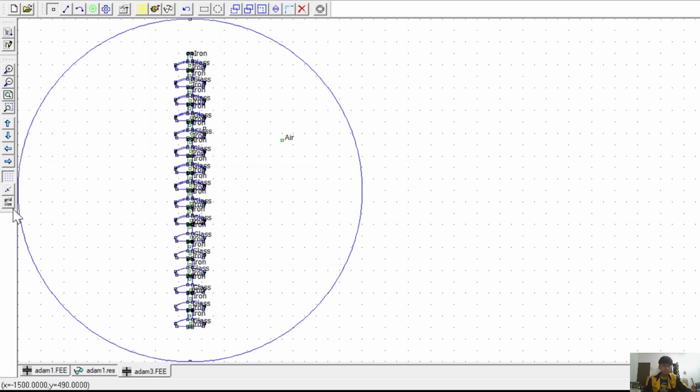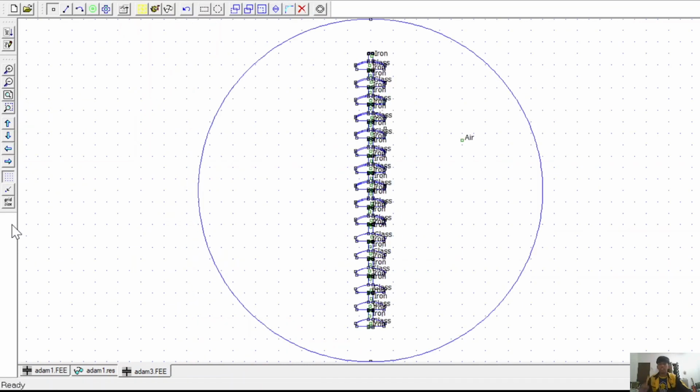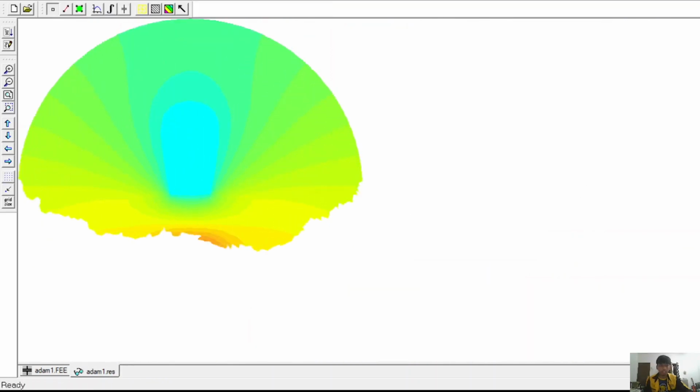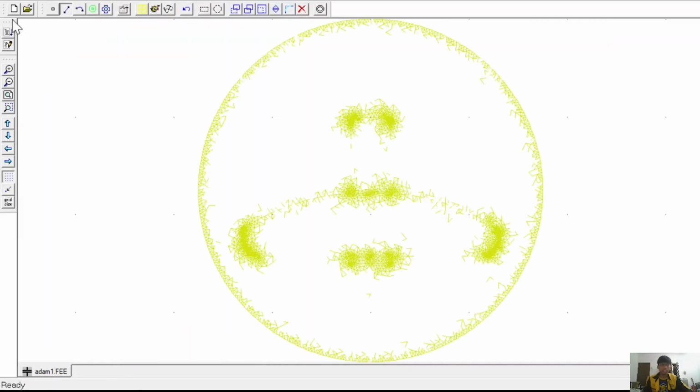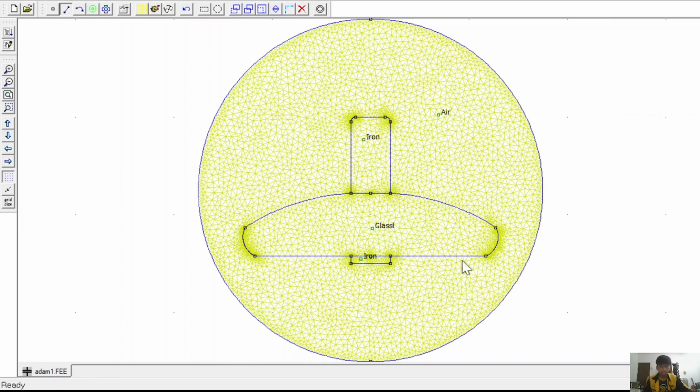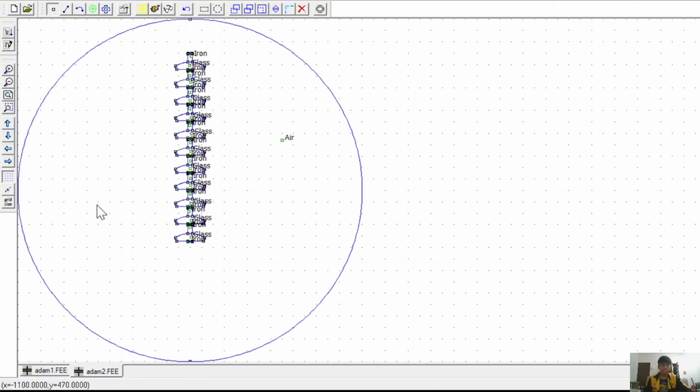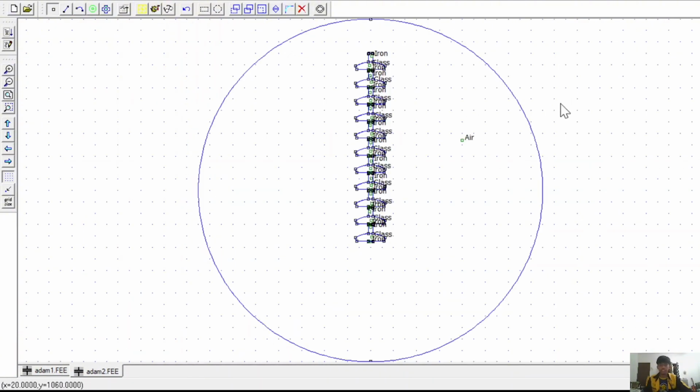So this is our design, which is, my mistake, I put the wrong file. So okay, this is the real one, which is we have 11